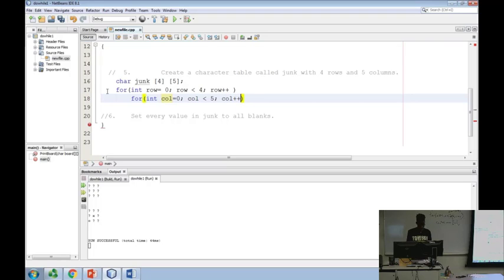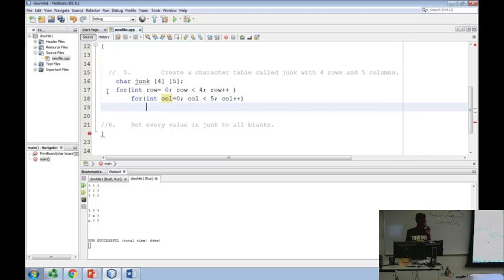Okay, then what should he do inside the loop? You're going to take what? Don't tell him what. Do you know what to do? What's the array name? Yep. You don't need to set it to anything, just row and column. Do you see what I'm saying? So it'll go through,